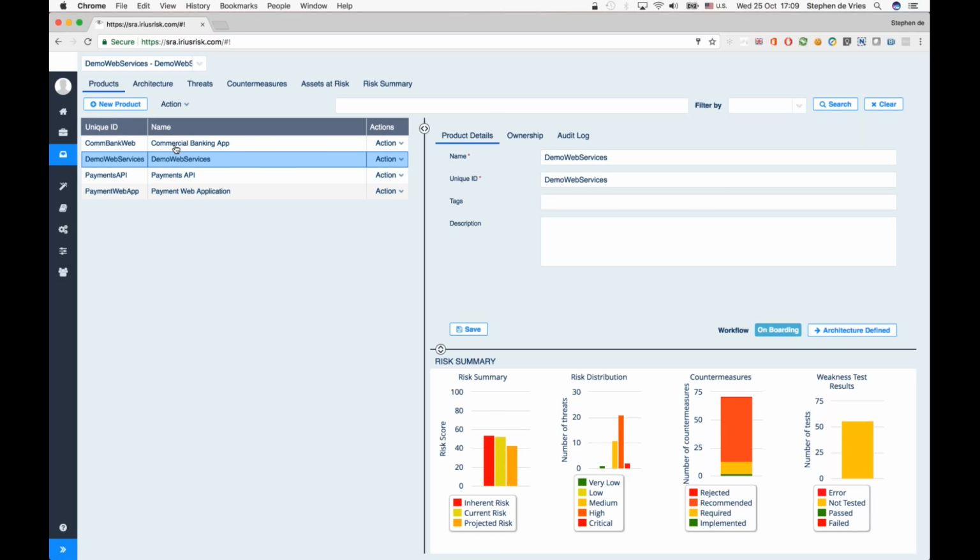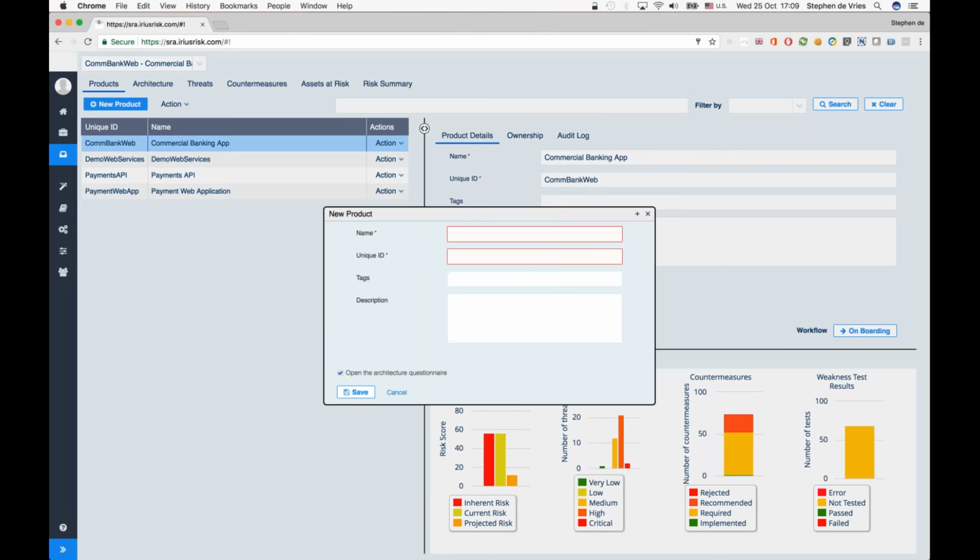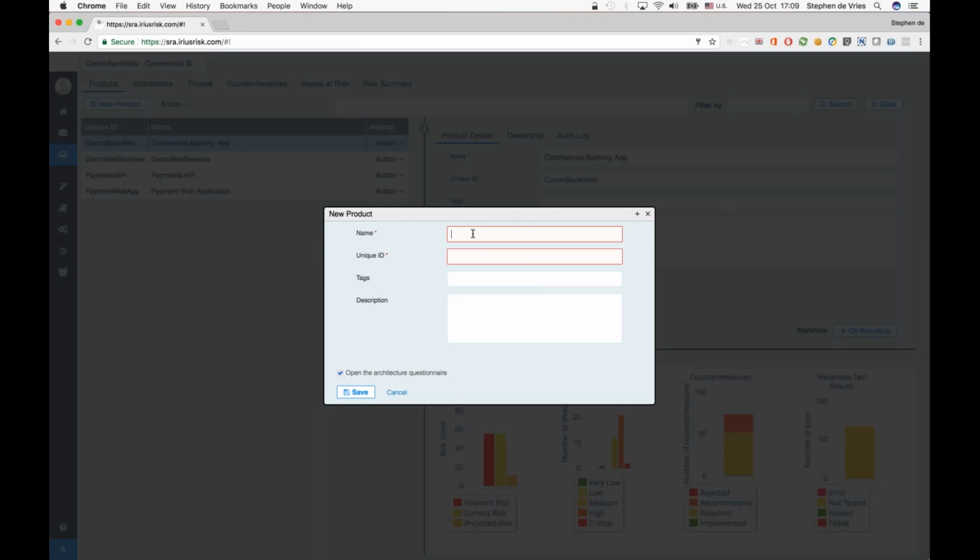So let's assume we're starting with a new application. In our terminology, we call this a product. So a product can be an environment. It can be an environment plus an application or something that's going to be built. So I click on New Product, and I can enter the name of the application here. So let's say this is going to be a consumer banking web app, cons banking,